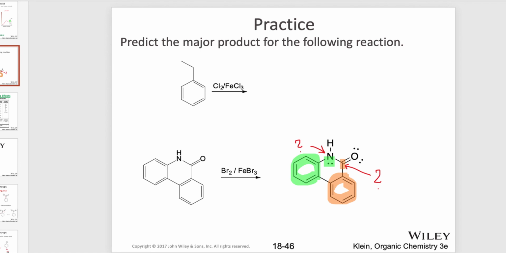We can also look at the green ring and the orange ring and say, well, there's an additional substituent, which is this here, but it kind of cancels each other out. It's these 2 that are the key ones to assess, and that's how you can figure out where the net Br plus addition is going to be. So to sum up this complex segment,